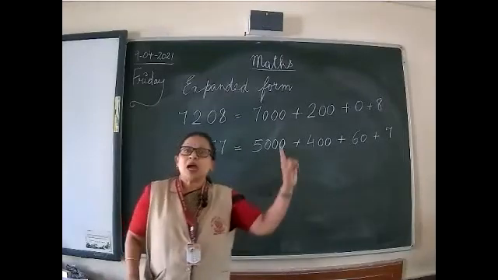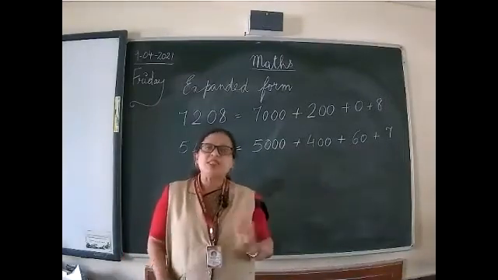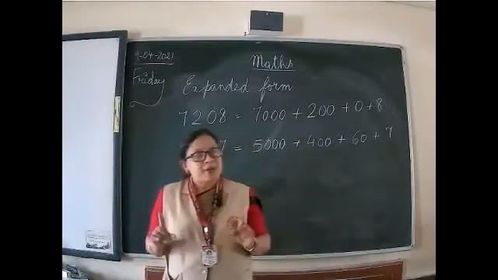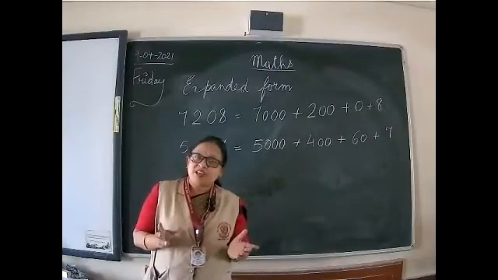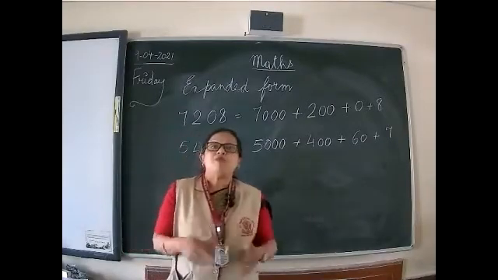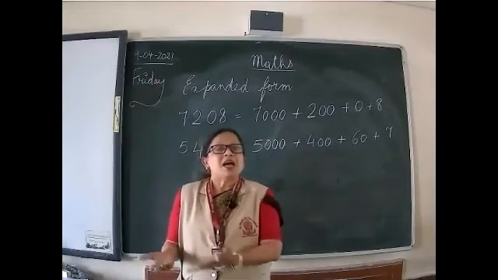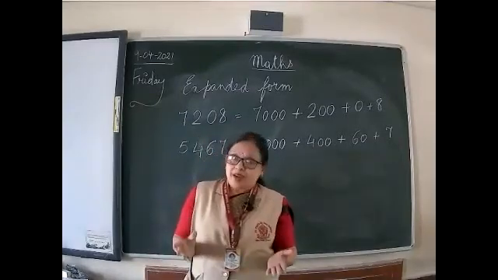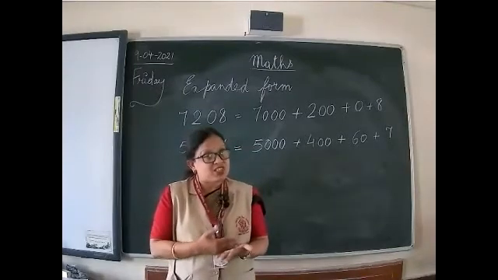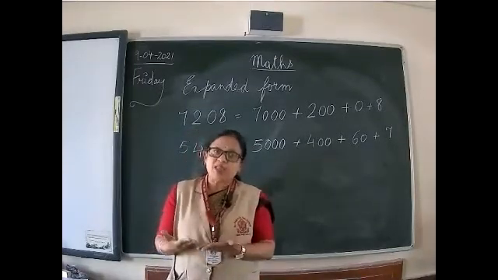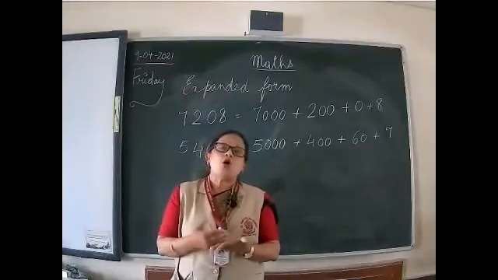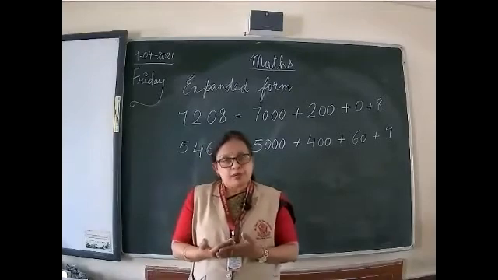We will go to the highest place. If we are studying 4 digits, the highest place will be thousands. So we will compare the thousands place. Whichever is greater will be the greater number. If thousands are the same, we will move on to the next place, hundreds, and compare. If hundreds place digits are also the same, we will go to the tens place. If they are also the same, then we'll go to the ones place. This is how we compare the numbers.